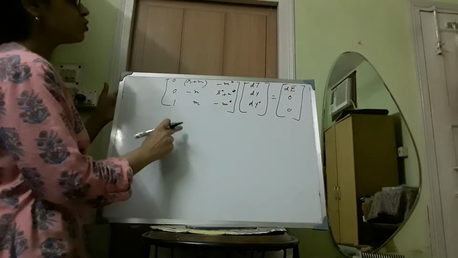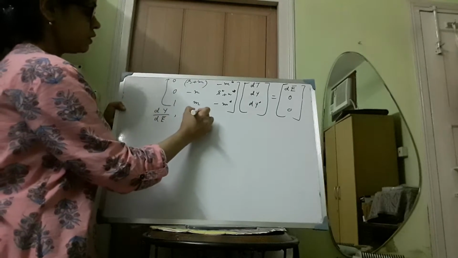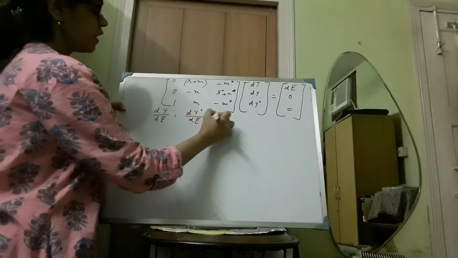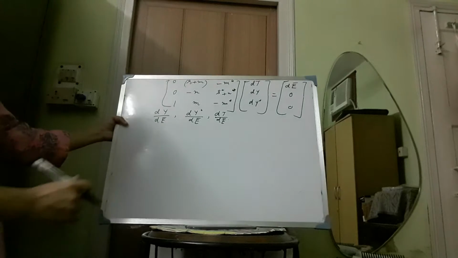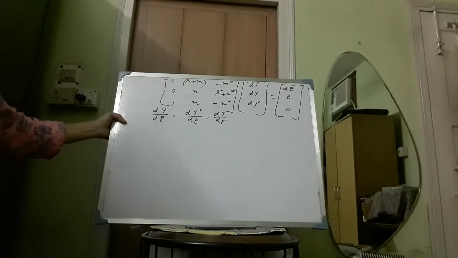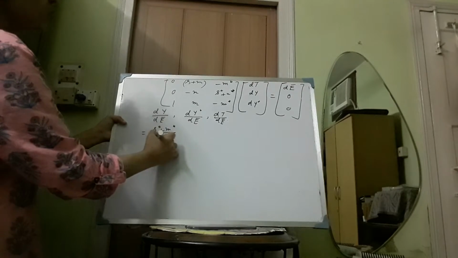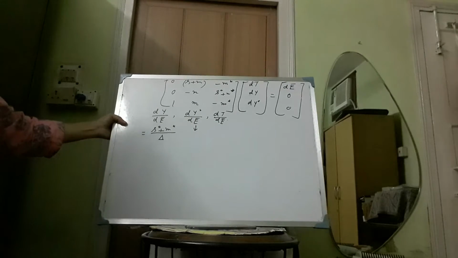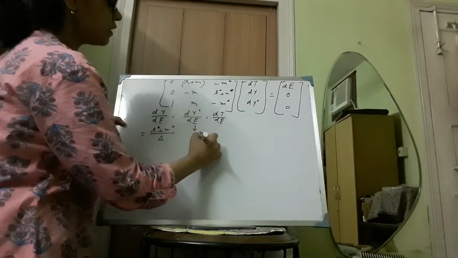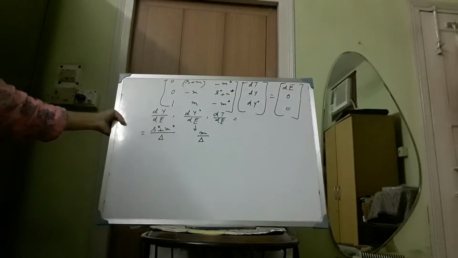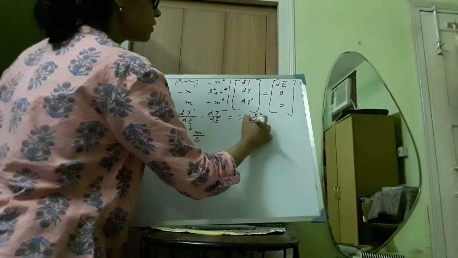Now if we apply Cramer's rule, we can solve for dy/dĒ, dy*/dĒ, and dT/dĒ. By applying Cramer's rule, the value of dy/dĒ is equal to (S* + M*) over delta. Then we get dy*/dĒ is equal to M over delta, and the value of dT/dĒ is equal to minus M S* over delta.